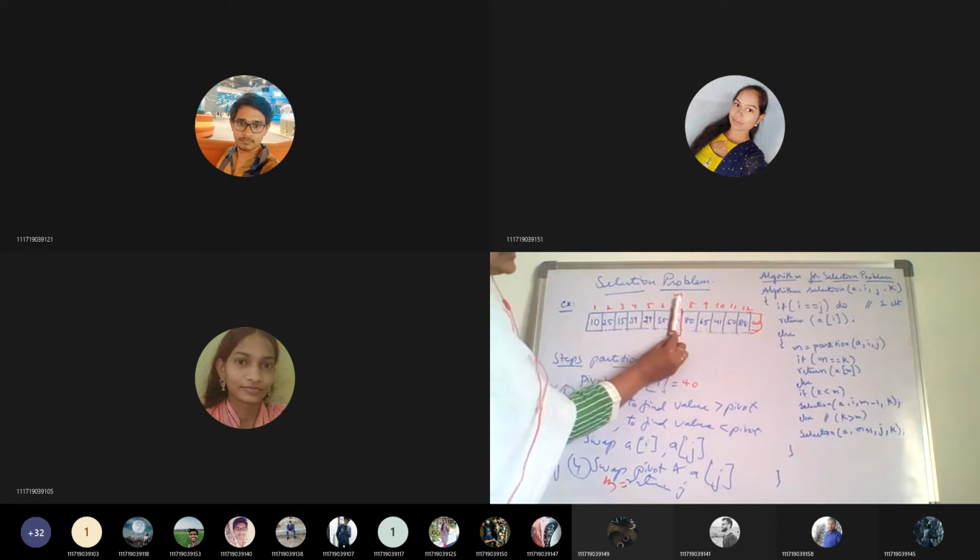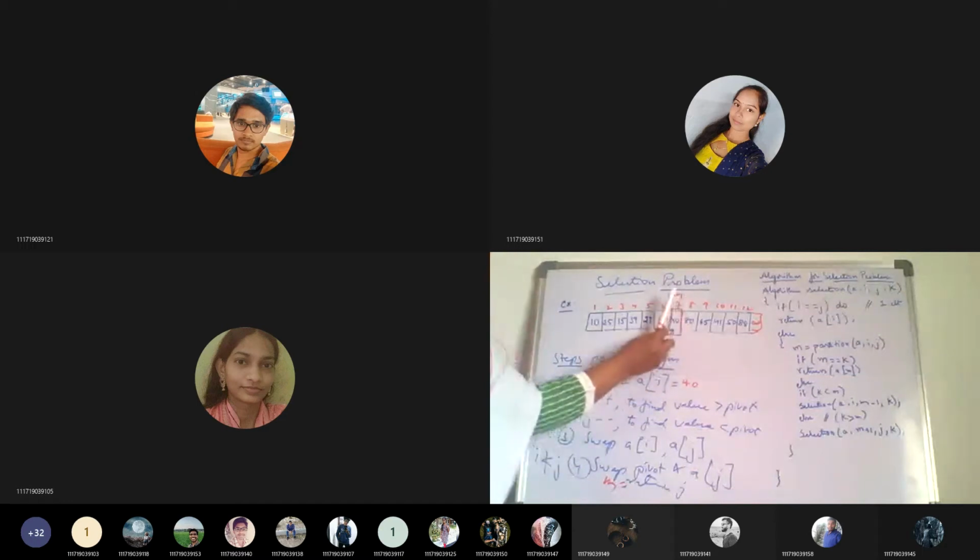And all the elements towards the right are greater than this. Is that clear? So that's how the partition position element is going to divide the list into 2.